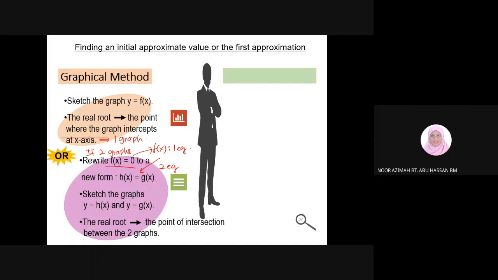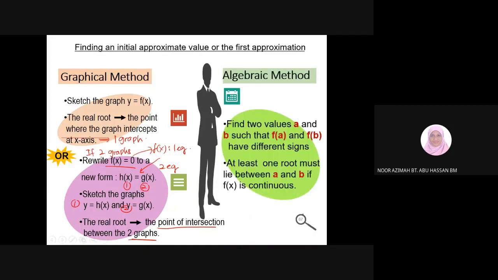And then you sketch these two equations. So this is 1, 2. So you sketch both separately. The point of intersection between these two graphs is the initial approximation value. Okay. So if you need to use your graphical method,